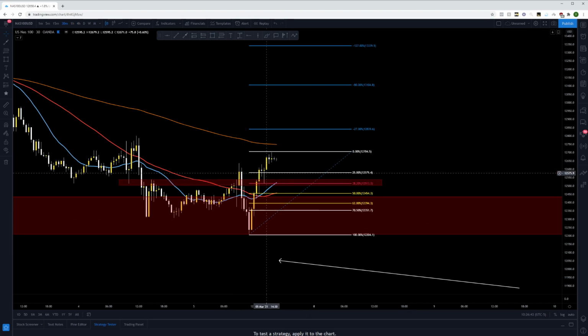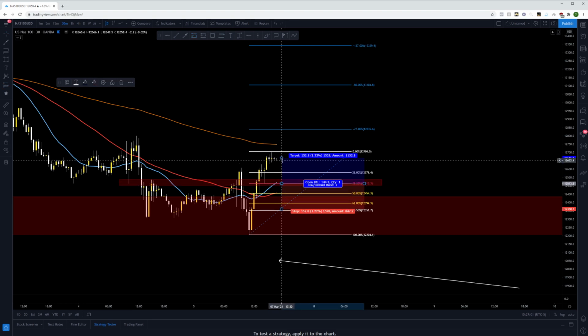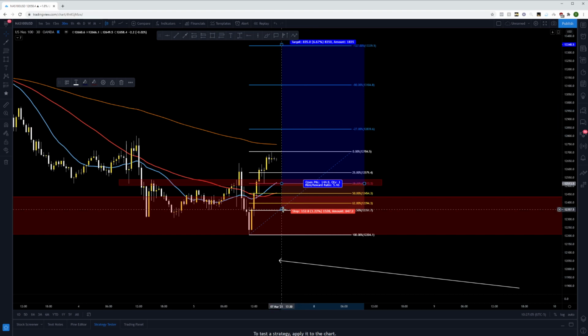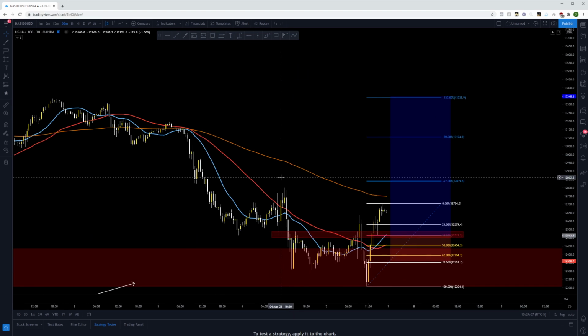And then here's where we got the push. It tried to break down again, and it failed, rejecting the 0.38, which could signify a strong trend. So what do I see here, right? When the market would open, we could potentially see the market possibly retrace to the golden zone. If not, reject the 0.38 again, which could signify our entry zone, which then we could go for a long